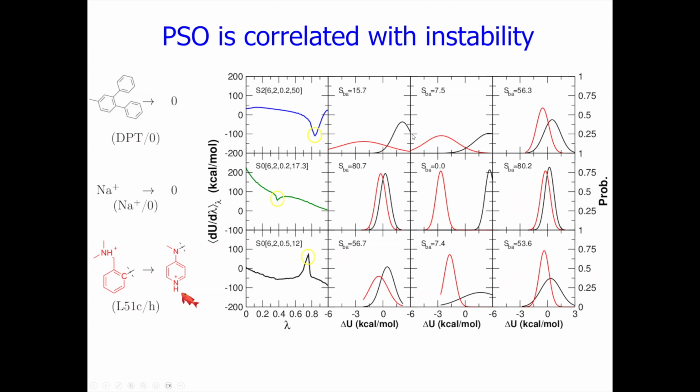Okay, so this is just trying to illustrate that phase space overlap is correlated with the instability in the thermodynamic derivative of the free energy with respect to your alchemical coordinate. So it's important to construct alchemical transformation pathways and discretize those pathways so that you always have good phase-space overlap. All right.